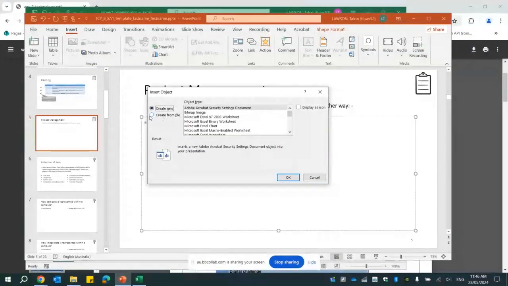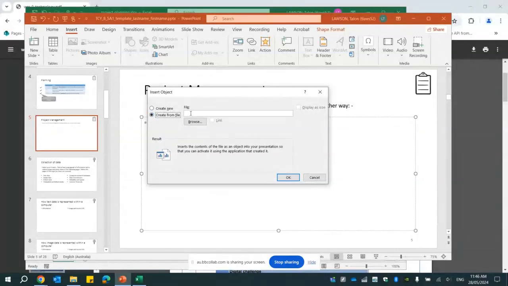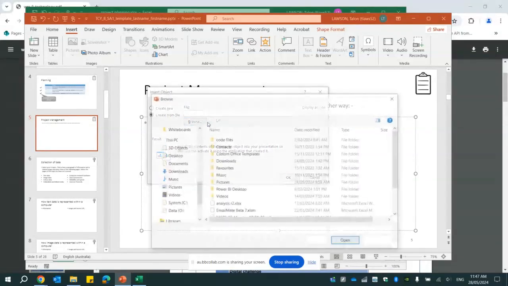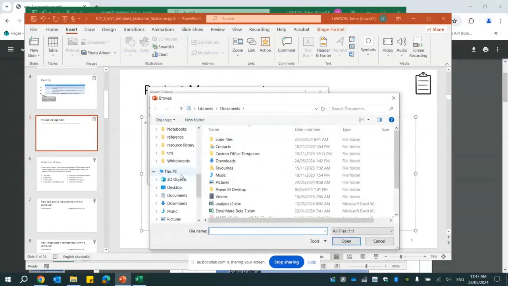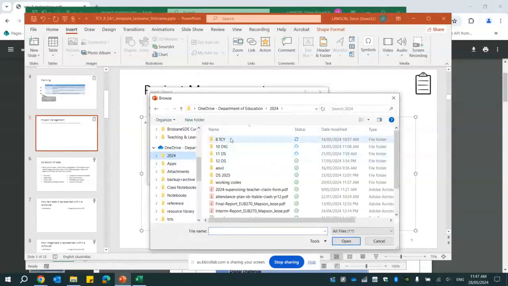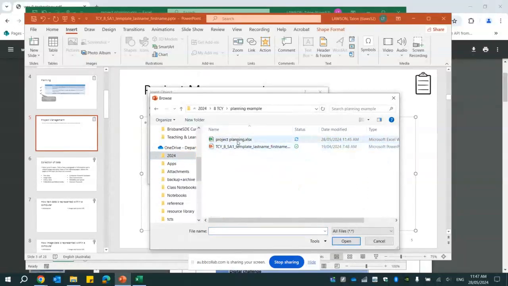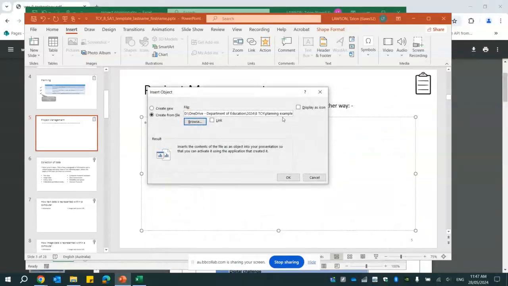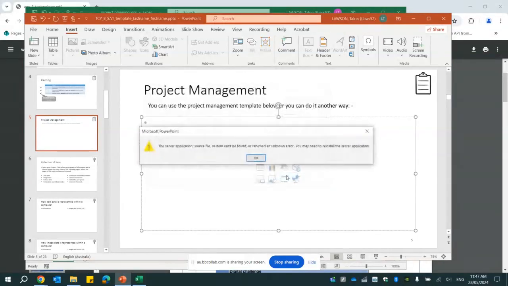We've already created our spreadsheet, so I'm going to say Create from File. And this is why it's important you remember where you saved it. So you go Browse, and as I said, I think I've saved it in the same folder as this PowerPoint, which is useful. So planning example, there it is, project planning. Okay, so if we click OK,